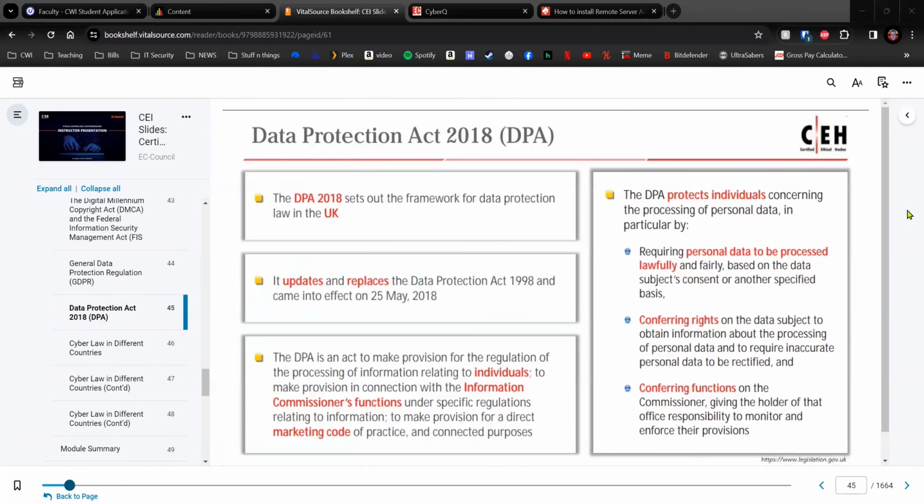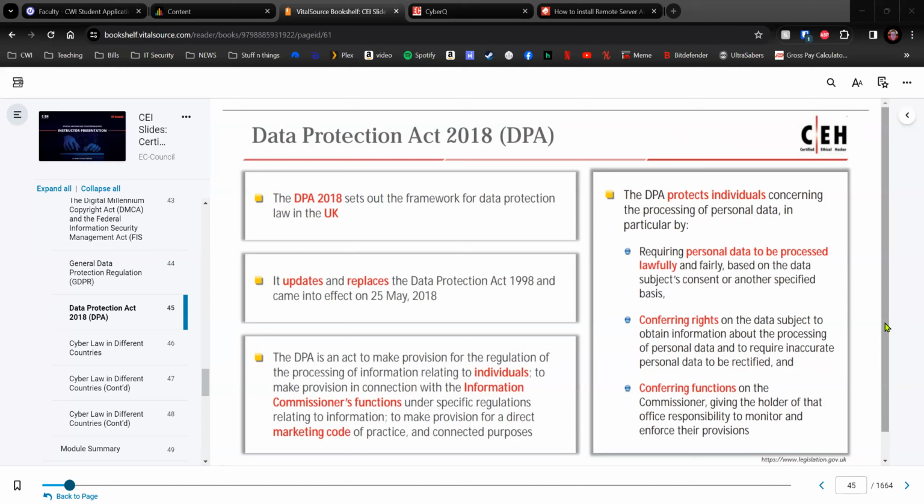DPA is from the UK. It updates and replaces the Data Protection Act from 1998. It's an act to make provision for the regulation of the processing of information relating to individuals, to make provision in connection with the Information Commissioner's functions under specific regulations relating to information, to make provision for direct marketing codes of practice, and for connected purposes. So it protects individuals concerning processing of personal data, in particular by requiring personal data be